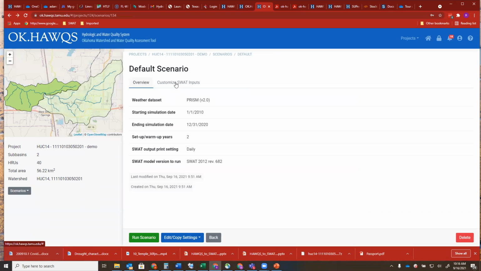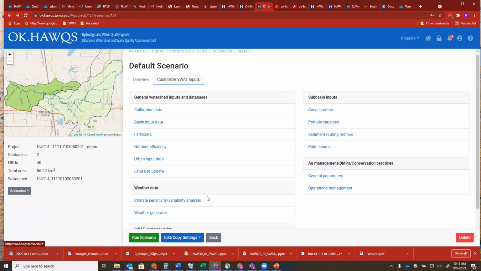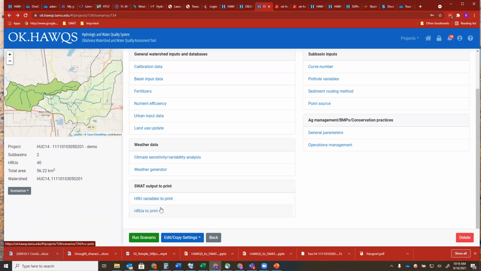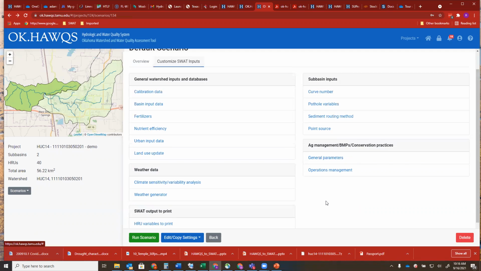20 HRUs and 20 variables is a limitation in SWAT actually. So we can select that. Then later, let's say if you want to do some kind of hypothetical thing, like for example, one of the things that I was discussing recently with someone, and they said, oh, I know this land is degraded, this part of the region is degraded, thereby the curve number should be modified actually, because it should have higher curve number